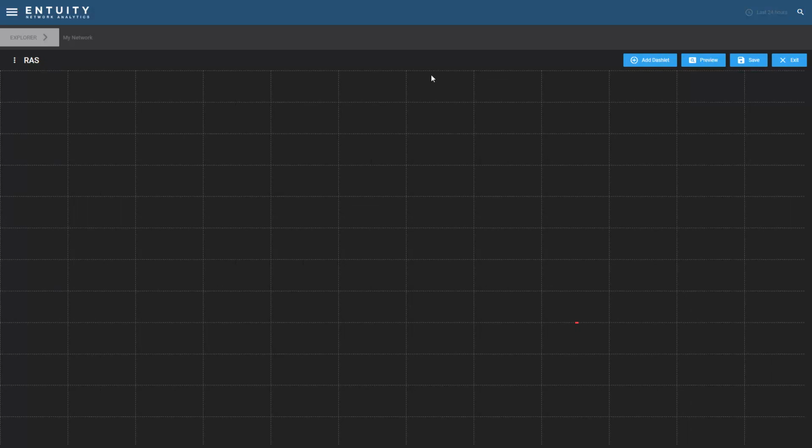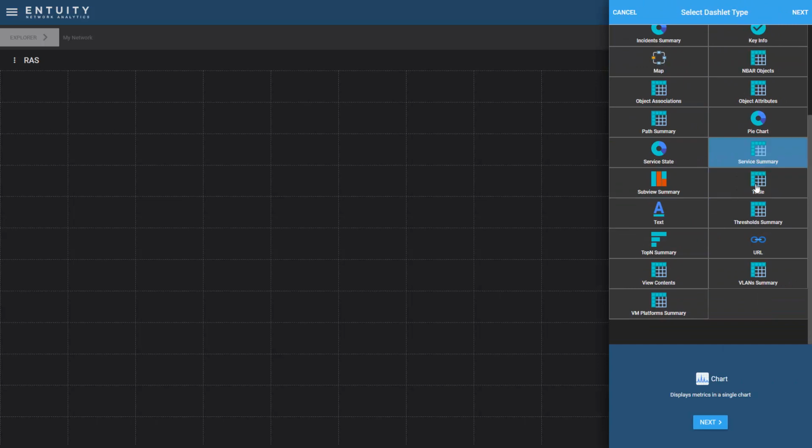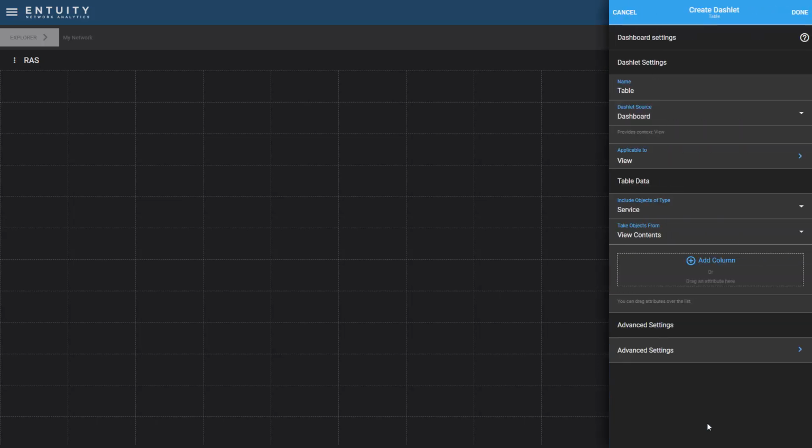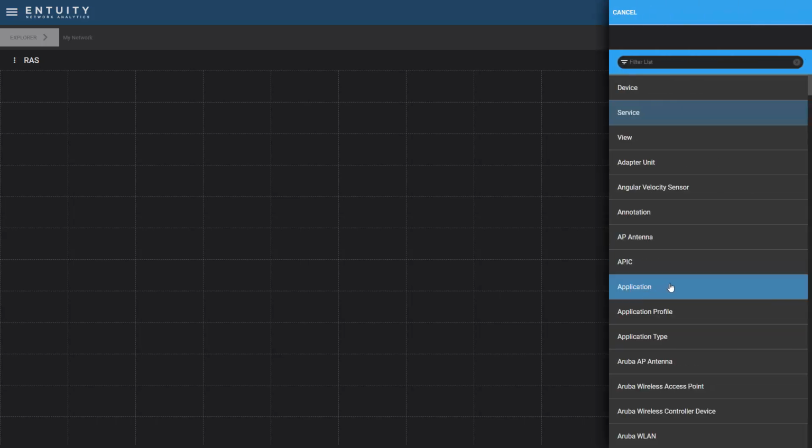I'm going to create a generic table dashlet. So I'll add a dashlet. I'll leave the source set to dashboard and then choose table from the list. I'll name the dashlet VPN devices. The include objects of type setting needs to be firewall device, which isn't in the standard list. So I'll click show more. Let's look for everything containing firewall